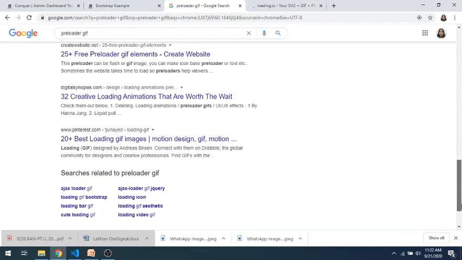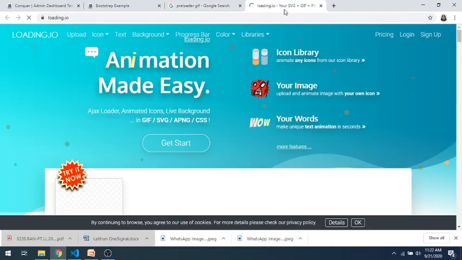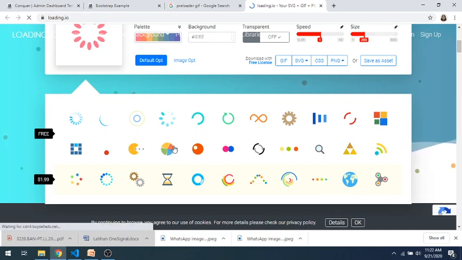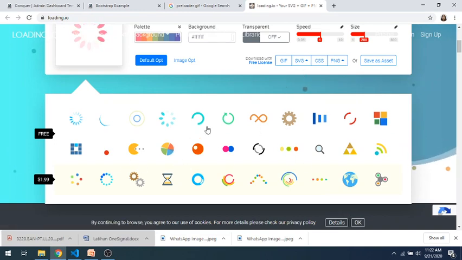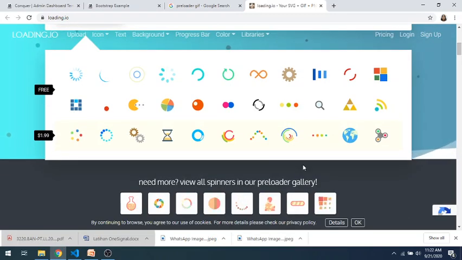Actually, this one. Okay, you can get some preloader GIF here, like this one. So if the ajak function consumes extra time, the user will first be shown an animated GIF like this one while waiting for the content to load.